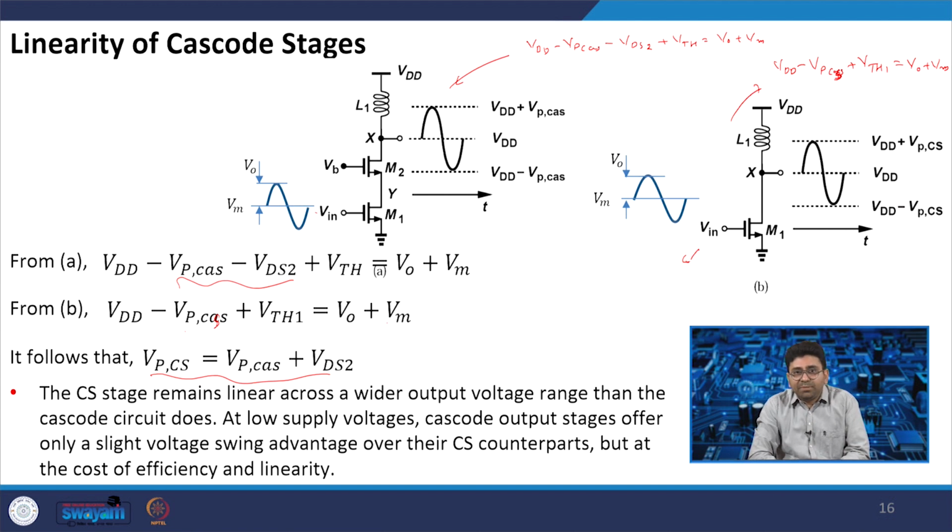So, the common source stage remains linear across a wider output voltage range than the cascode circuit does,